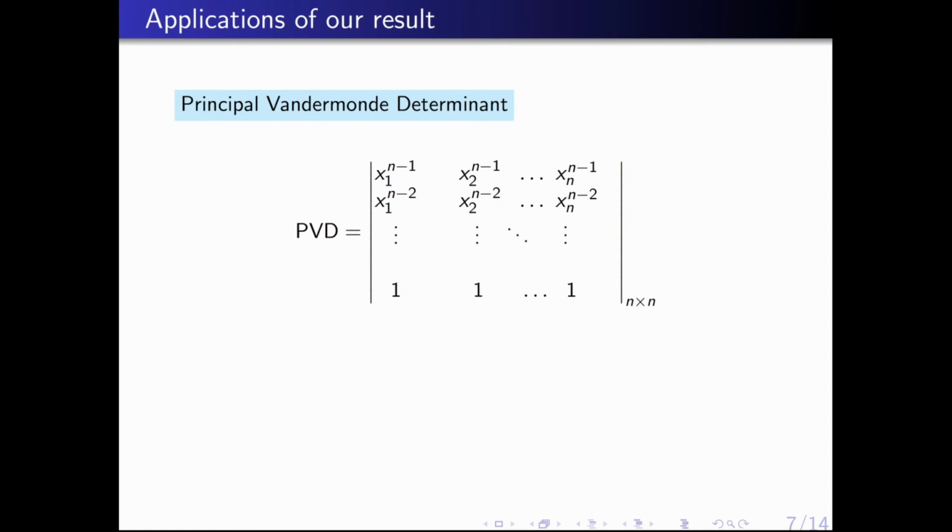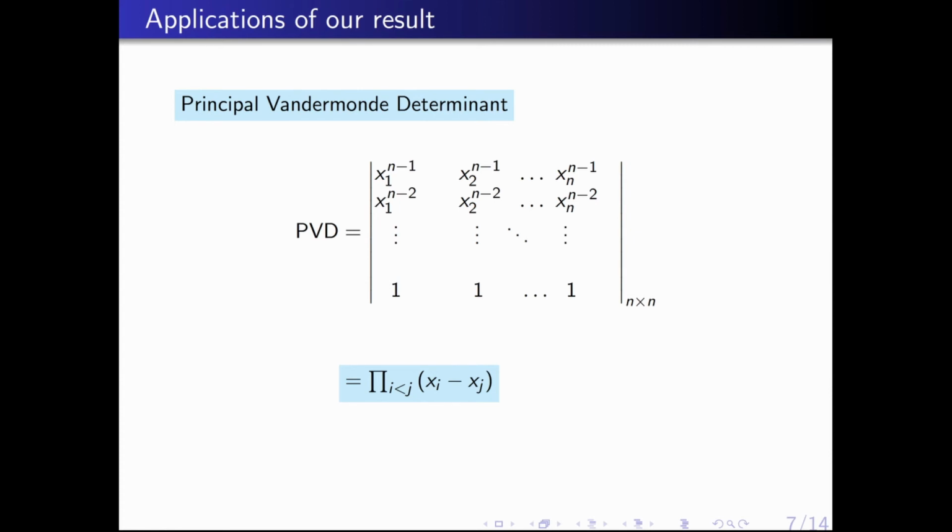We have not yet defined Schur polynomial, which we will define soon. So before stating the results, let's recall the definition of van der Monde determinant and how it is associated with the Schur polynomial. Principal van der Monde determinant is given as follows. It is an n cross n matrix where the ijth entry would be x_j to the power n minus i, and the determinant polynomial would be the product over all x_i minus x_j where i is strictly less than j. Thus, it is easy to see that principal van der Monde determinant does have a small formula.